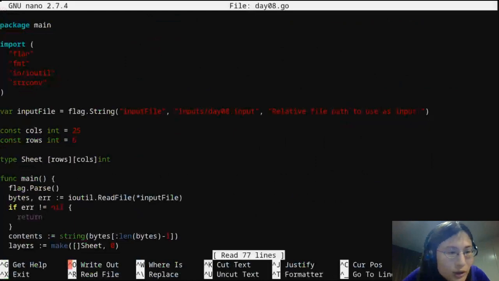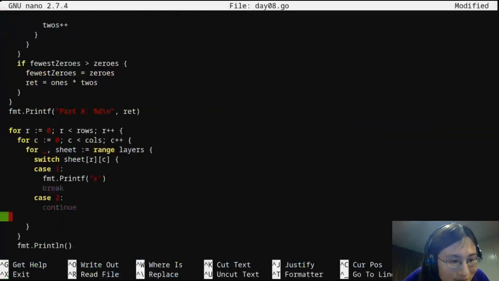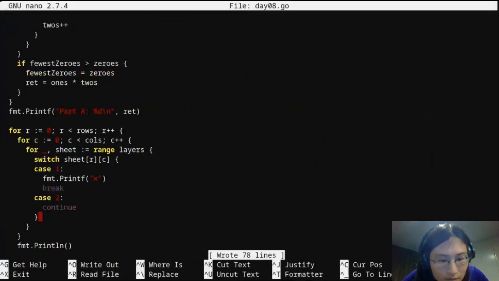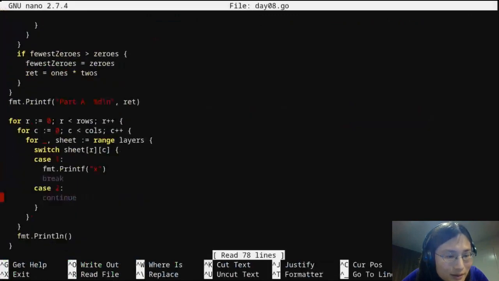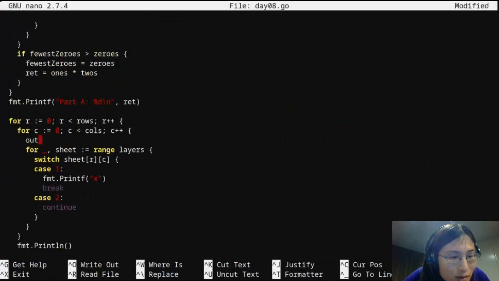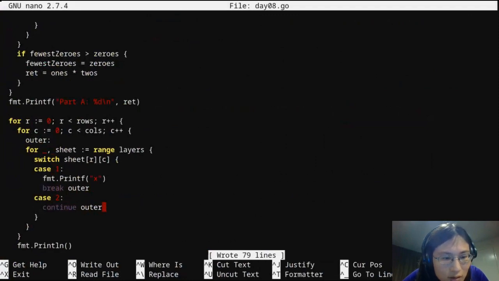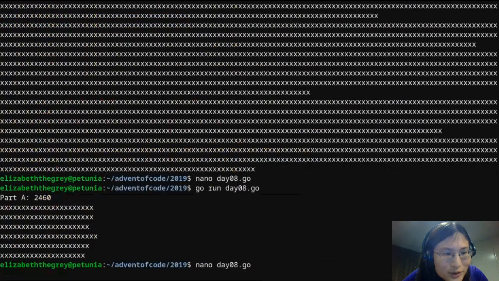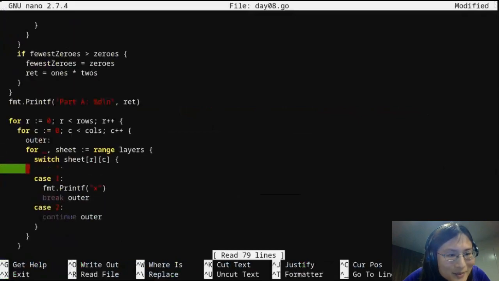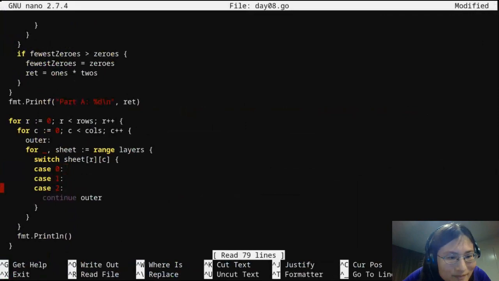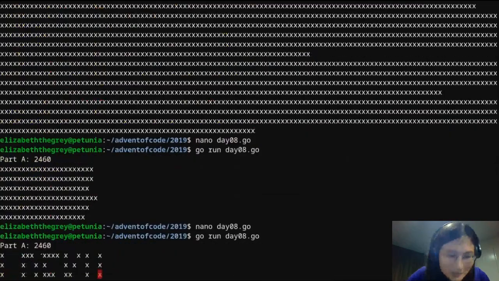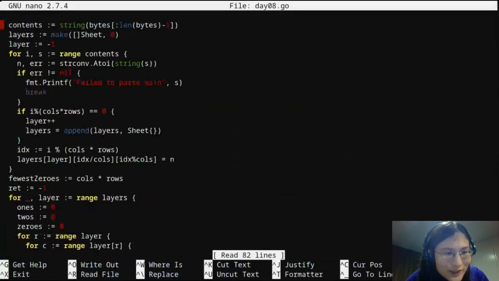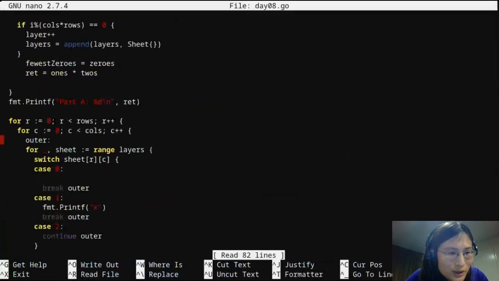Line 58, what have I done wrong here? Oh, oops. There we go. Whoa, that's not right. Almost. Oh, I needed the space too. Right. Something like that. I think that should do the trick. Oh yeah, much better. Much cleaner code. Okay. What else can I simplify while I'm here?